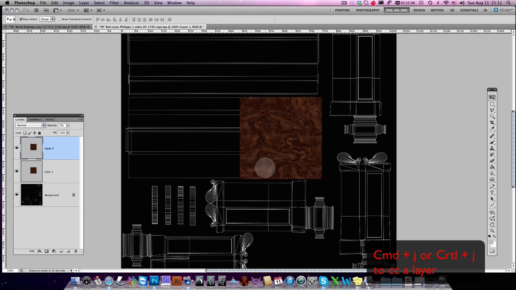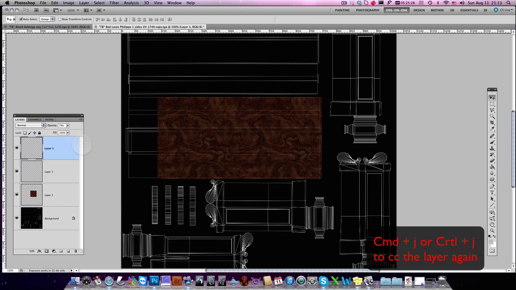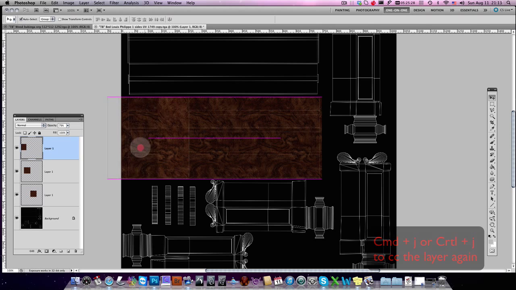Command J to make a copy of the layer. Pull the layer. This is a seamless texture, and you will see that right away. Put it nicely next to it. And here we can stretch it. This type of stretching should go, but for the sake of good order, we make another copy. We put that aside,